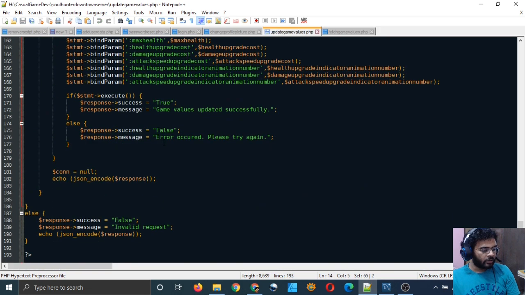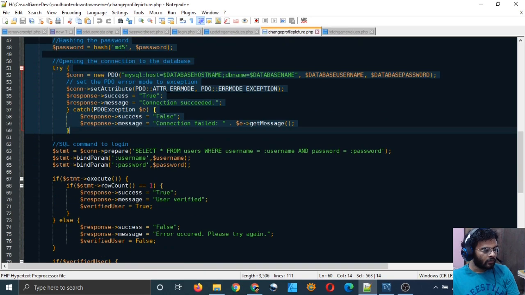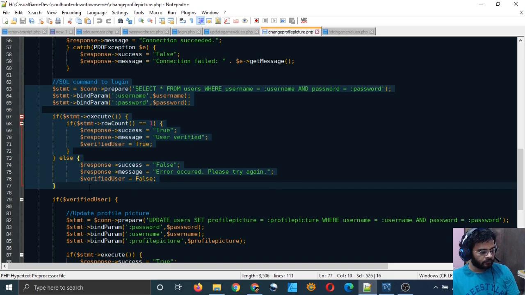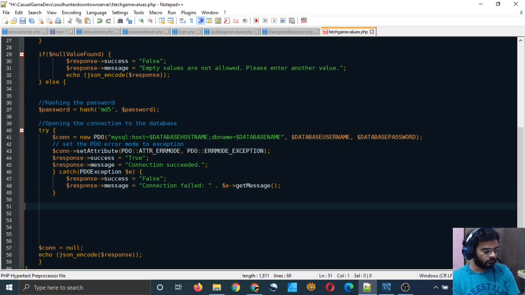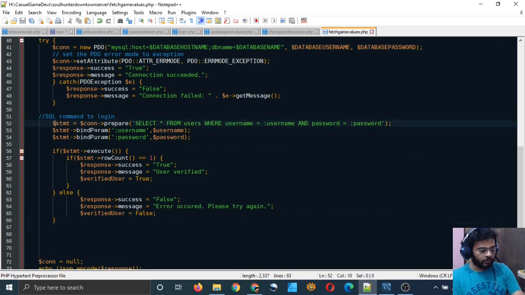And after this we have to log the user in. I mean, just verify their username and password. So I will do this and just paste it here. Right, indent it.